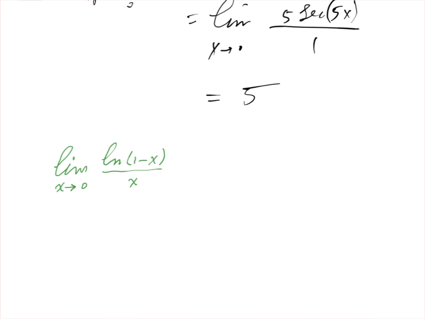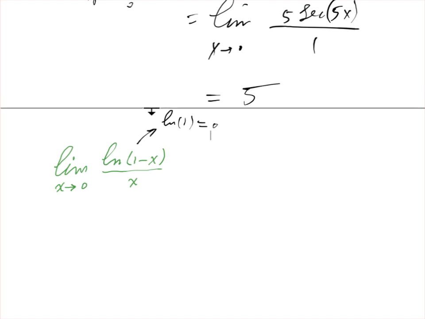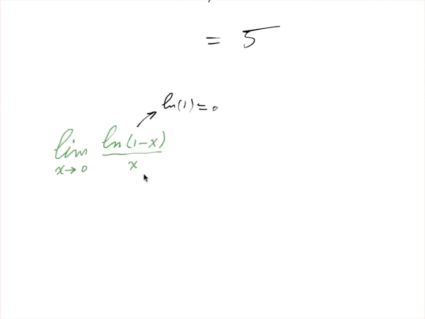Let's look at some more examples. The limit of ln of 1 minus x over x as x tends to 0. This too is 0 over 0 because the numerator tends to ln of 1, which is 0, and the denominator goes to 0. So this is a 0 over 0 type. Therefore,